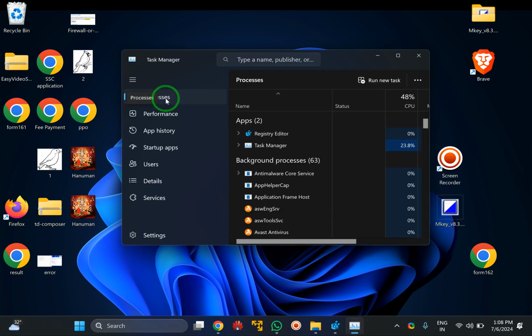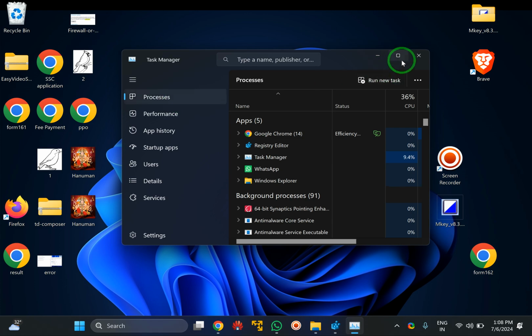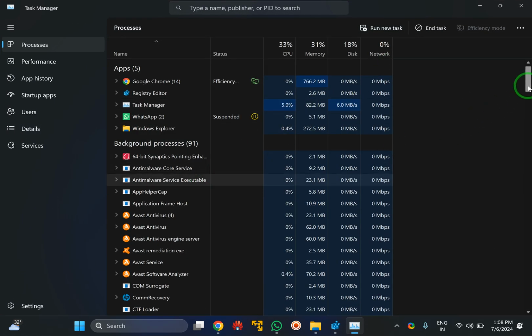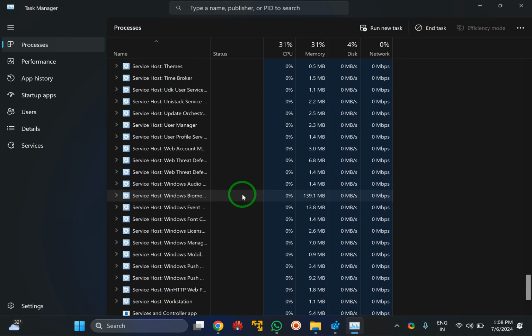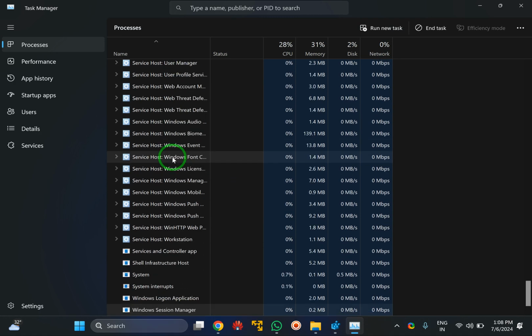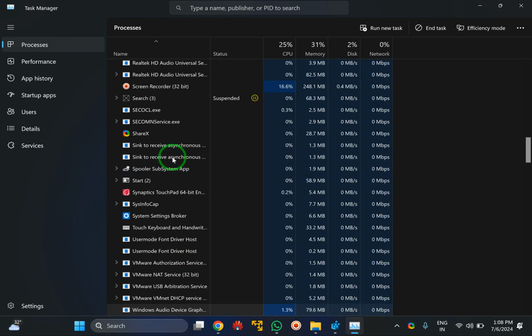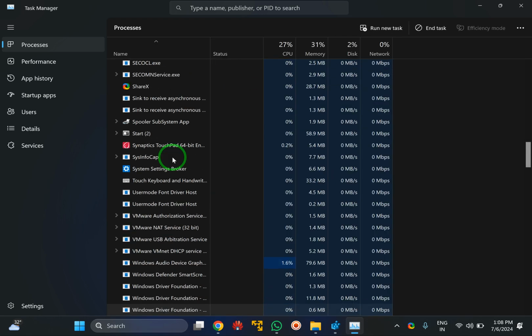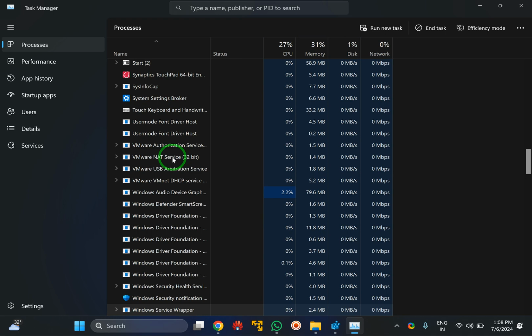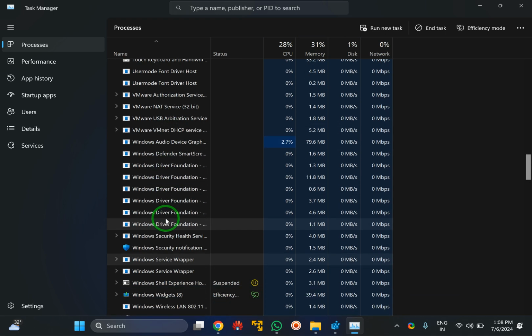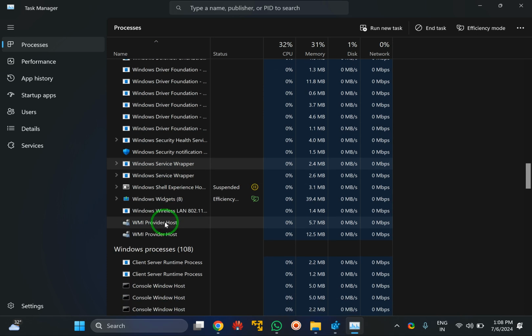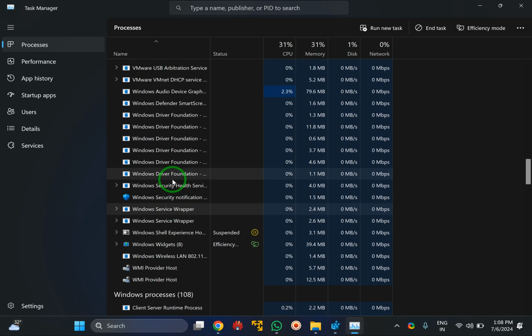Here under processes, select processes in the left sidebar. On the right, scroll down and find Windows Explorer. Just find the Windows Explorer service and you need to restart it.